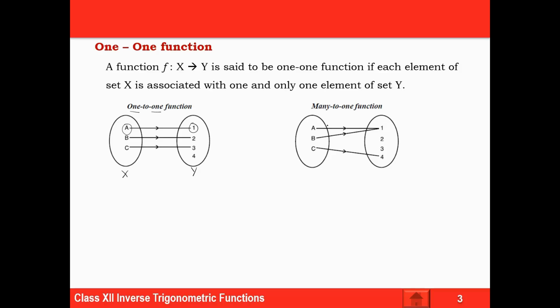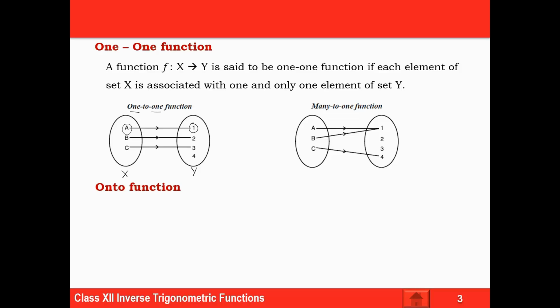If a function is not one-one, we call it a many-one function, because A is associated with 1, B is associated with 1 also, and C is associated with 4. So A and B have a common image, so this function is a many-one function. A function is said to be invertible if it is one-one,